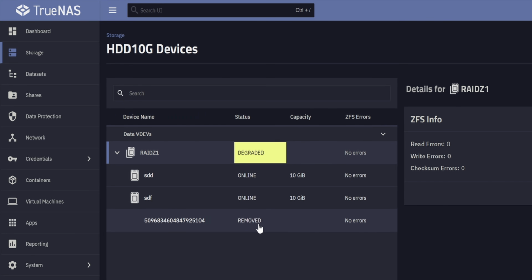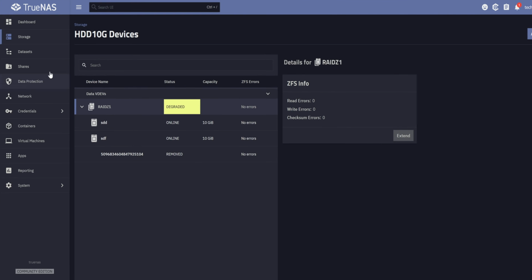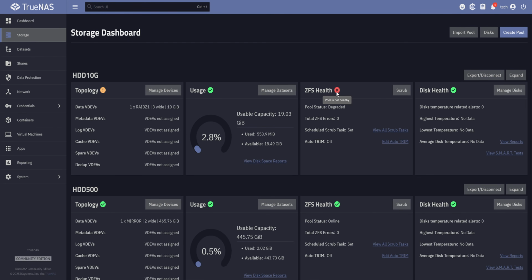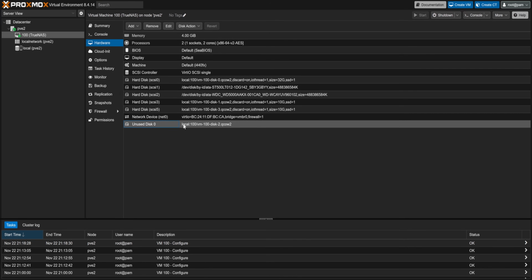As TrueNAS is detecting this disk as removed, back in the storage dashboard, it's showing an error in ZFS Health. And we also have the option to run a scrub task directly from here, in case you were facing some error with a disk, and the disk wasn't yet removed. But in our case, we just removed the disk, and the data is still there. If we reattach the disk,